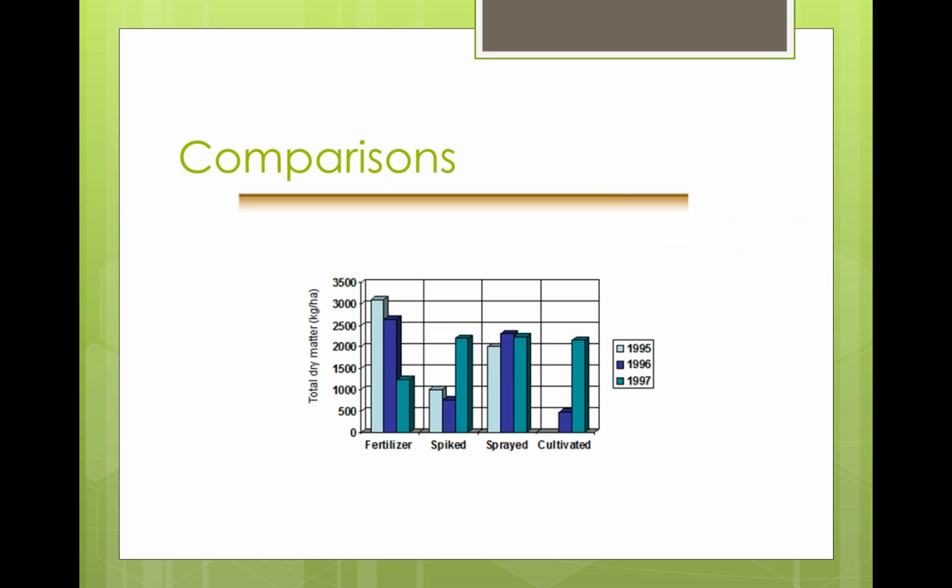But anyways, they've shown a number of papers with a number of different techniques. But in this particular opportunity, we were able to compare. What we did was apply 100 pounds per acre of nitrogen, or 100 kilos per hectare, to a particular field. We also did spiking, where we used a knife cultivator to remove 50% of the stand,